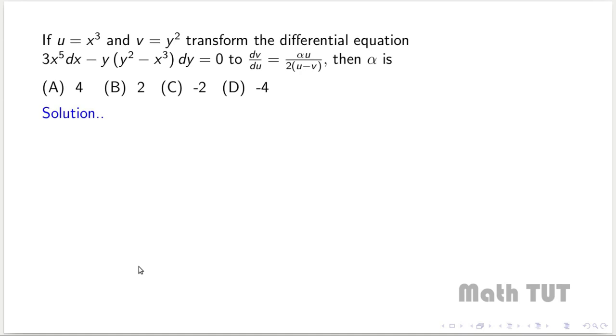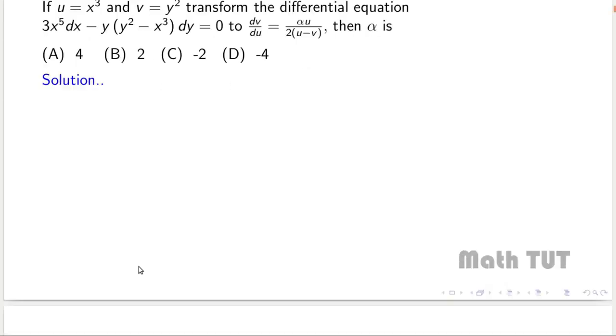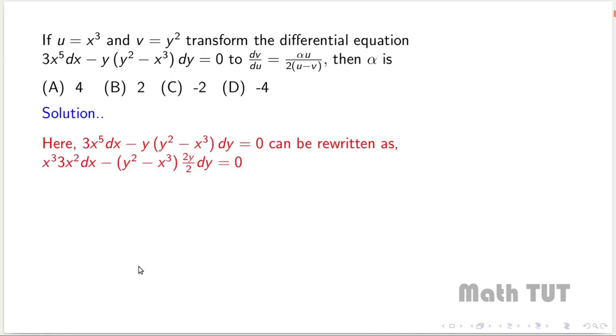So in this problem, what we can do here is we can just rewrite the differential equation to something of this kind, that is x cube times 3x square dx minus (y square minus x cube) 2y by y dy is equal to 0. So once we do this thing,